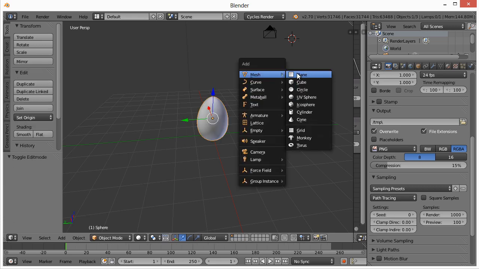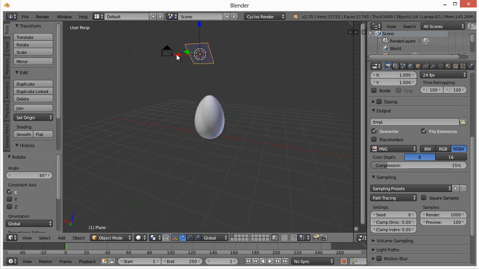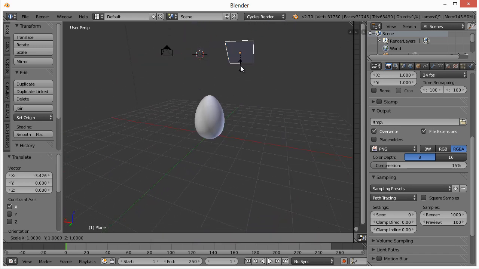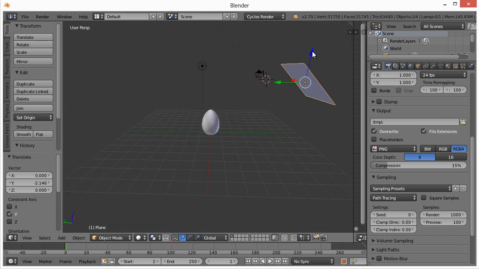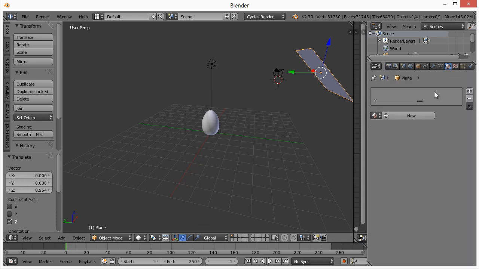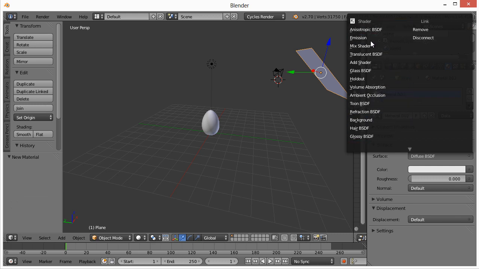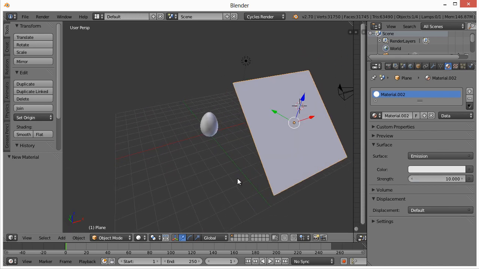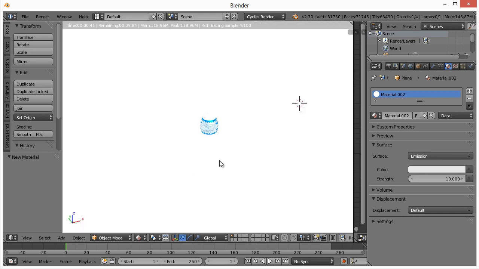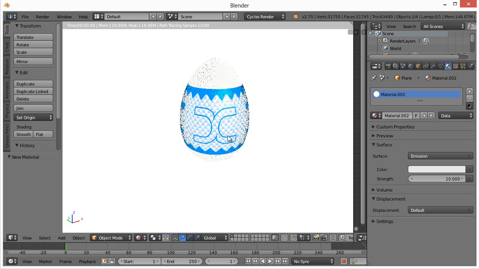Now Shift A, Mesh, Plane. R X 45. All right, and if we come around, move it, hit S 2 just to make it 2 times as large, and move it out and up here a little bit. Come over to Materials, hit New, and select Emission, wherever that is. There we are. Emission. Let's make the strength 10. All right, so now if we switch back to rendered, we can see more of this being glossy, but this